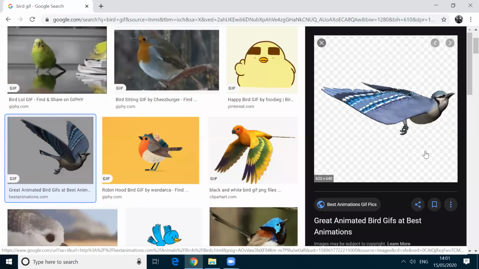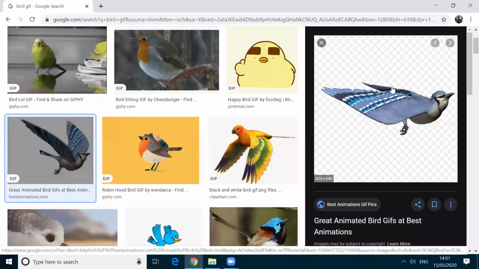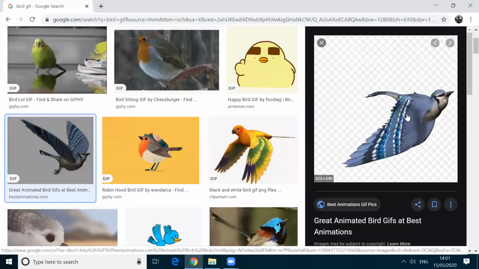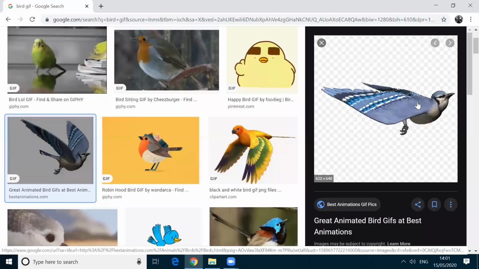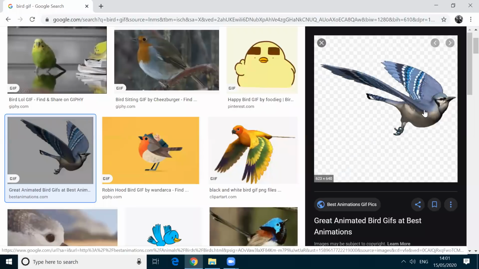So 25 photographs run together, then it makes some animation. So here in this animation, I think they might have used around 10 to 15 images, which make some illusion as animation.